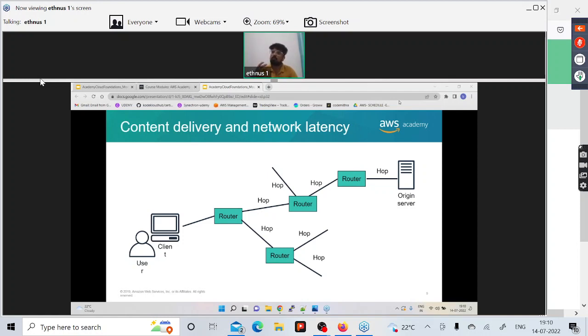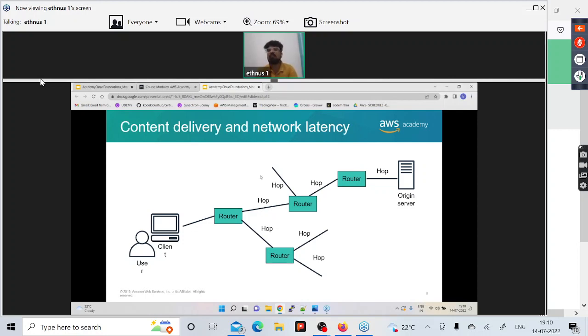So to overcome this problem, we have the CloudFront service, which uses the advantage of edge locations so that they can deliver the content to global users without any latency. You got it now, how the latency occurs? With the help of this hopping process, hopping the request from one router to another, this latency occurs. Latency means you will get the response from the website after some time, not an instant response. So to overcome this challenge, we have one service